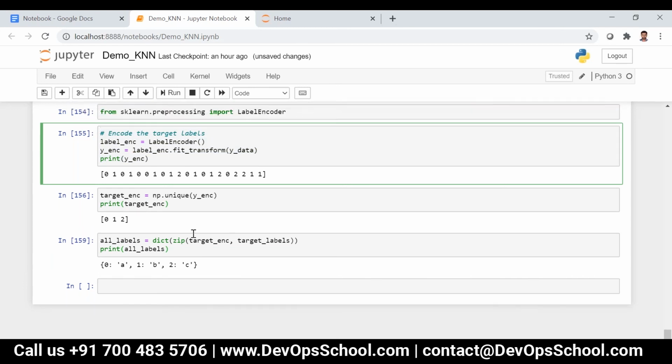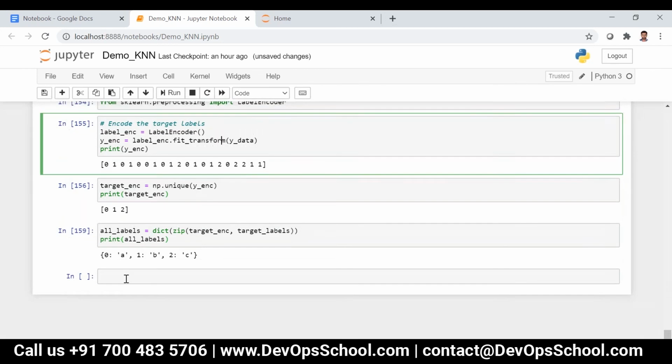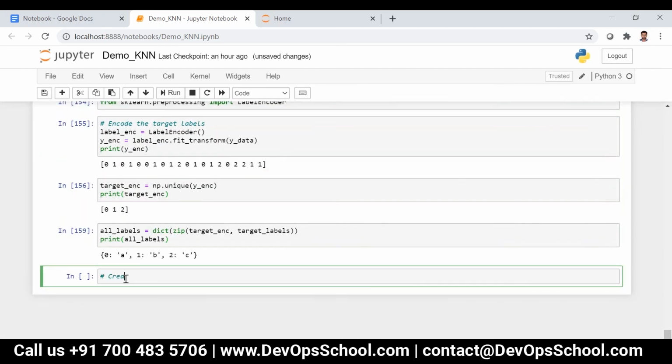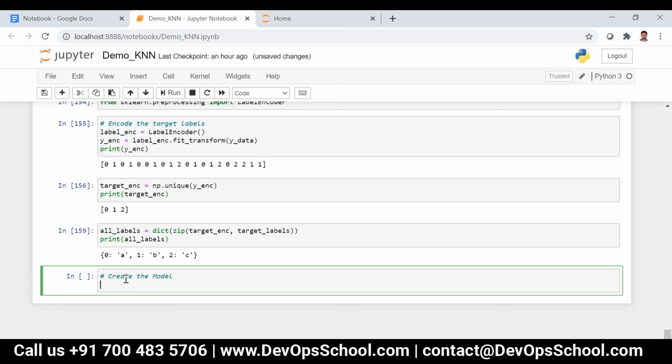Okay, now we are going to create the model. I can write knn_model is equal to KNeighborsClassifier, n_neighbors equal to 3.